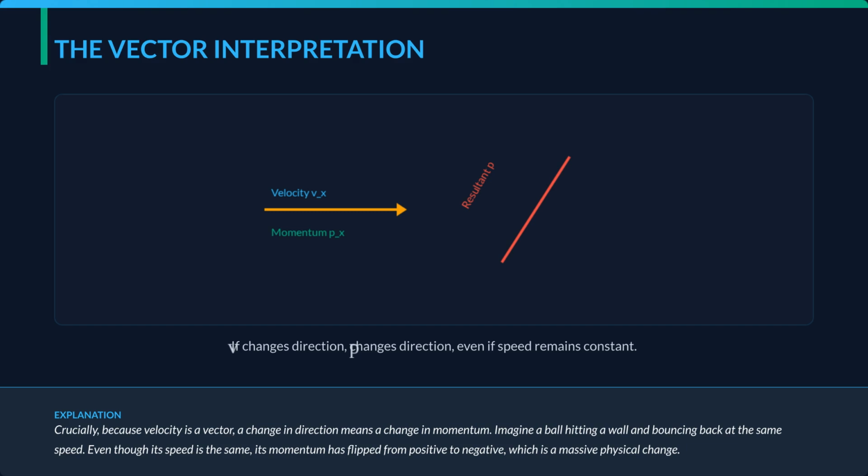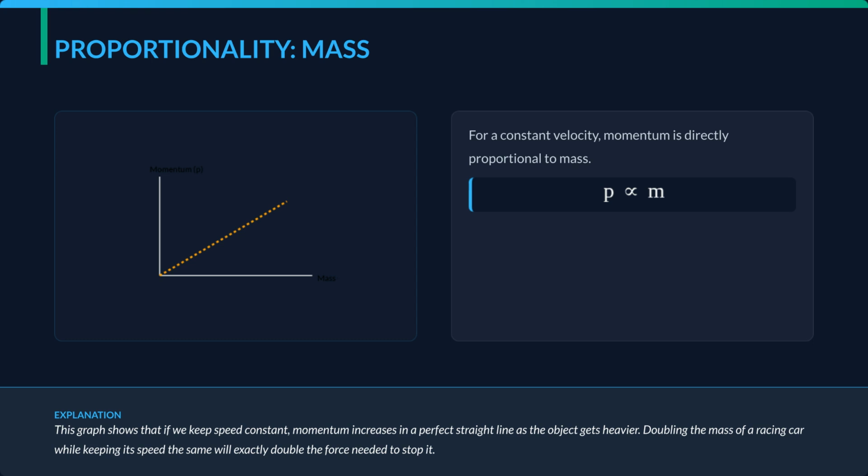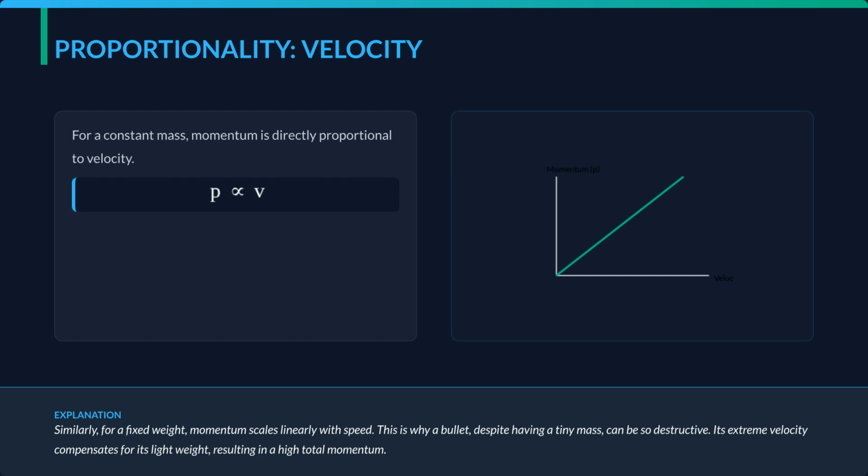Momentum is a vector quantity, meaning a change in direction means a change in momentum, even if speed remains constant. For example, a ball bouncing off a wall at the same speed still undergoes a massive physical change in momentum. For a constant velocity, momentum is directly proportional to mass. This means a linear relationship exists. Doubling the mass of an object will exactly double the force needed to stop it at the same speed. Similarly, for a fixed mass, momentum is directly proportional to velocity. This linear scaling is why a light mass object, like a bullet, can be incredibly destructive due to its extreme